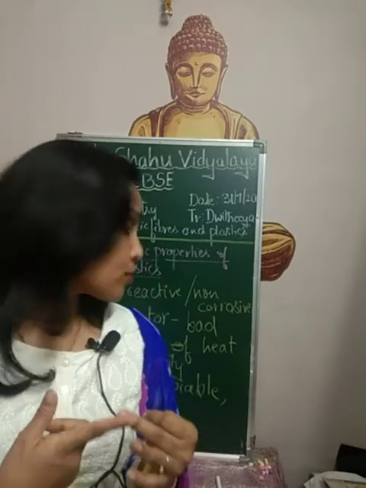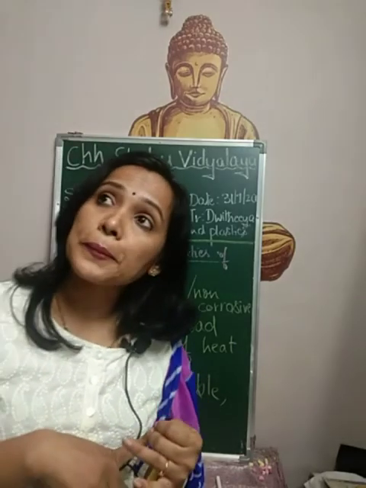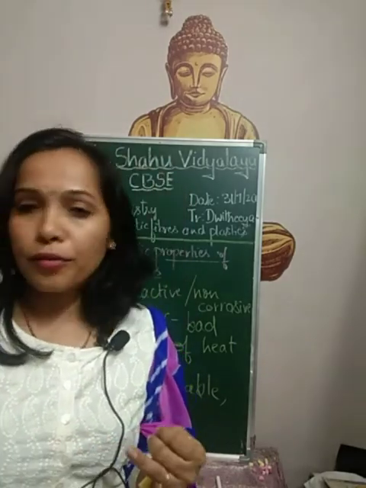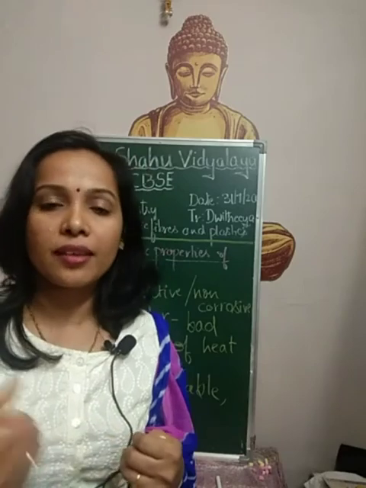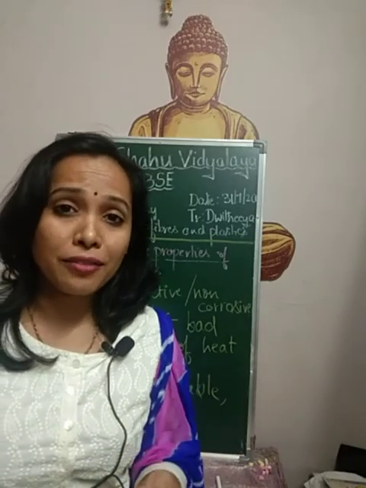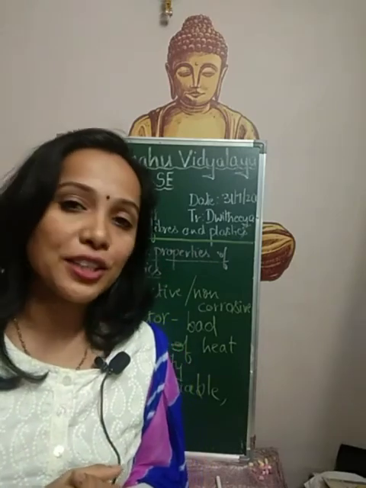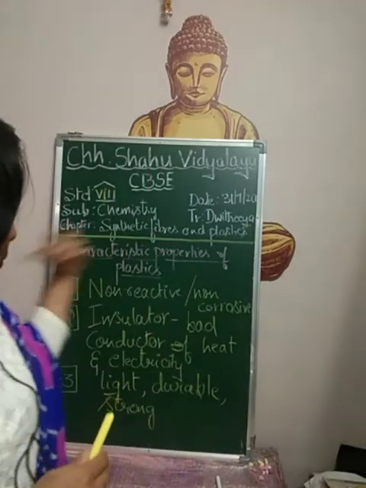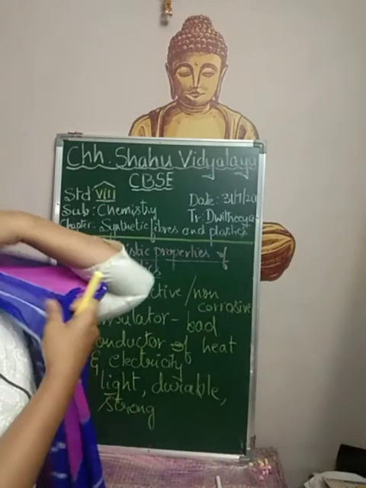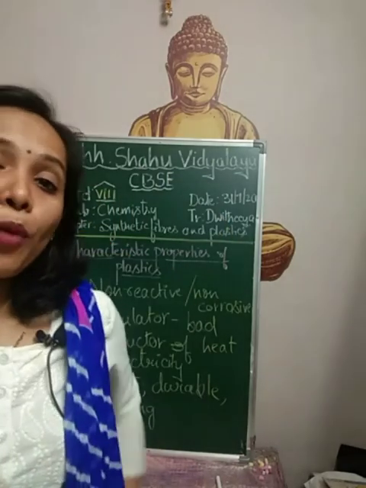in cooking or storing the food, and also it is very useful in making furnitures. Even plastic furnitures are easy to carry than that of metal furnitures, right. So, these are the characteristic properties of plastics which makes it very popular.